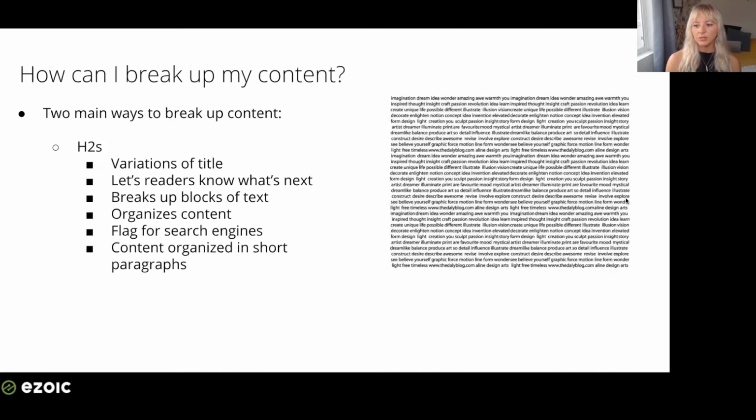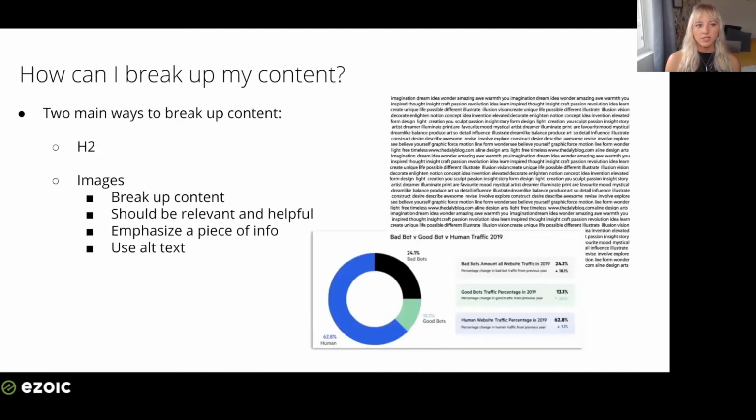The next way to break up content is to use images. They are nearly as important as H2s, and they kind of work hand in hand with H2s. I think we can all agree that we hate reading those big, large chunks of text with no break for our eyes, even if there are paragraph breaks. Images should be, however, relevant and helpful.